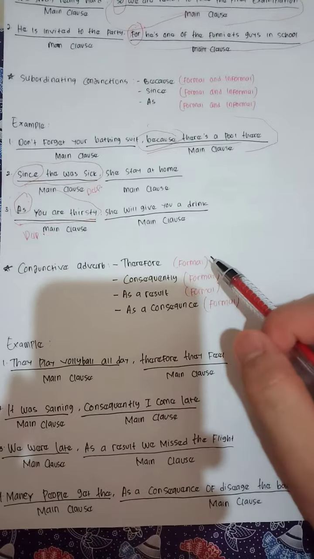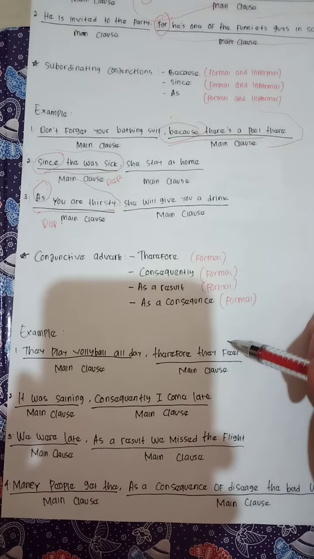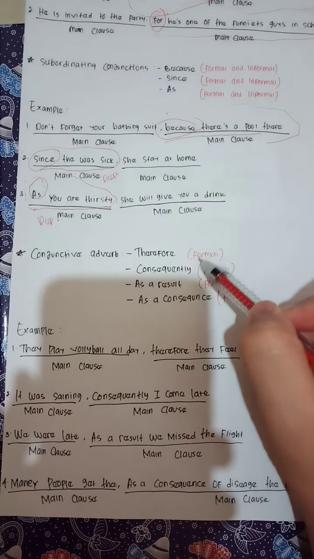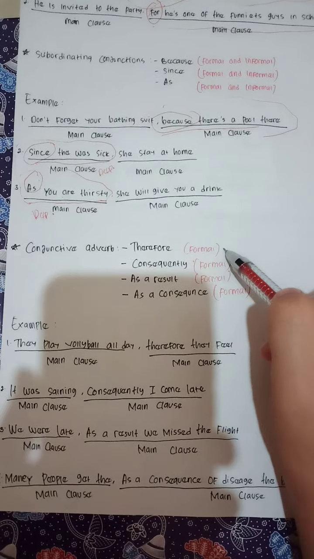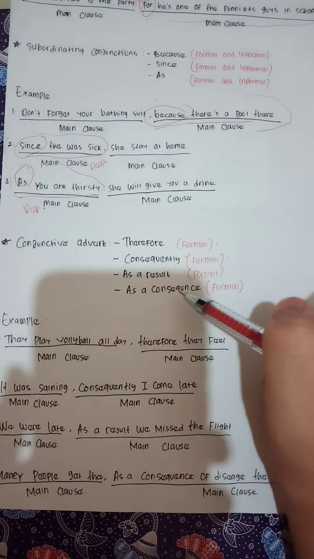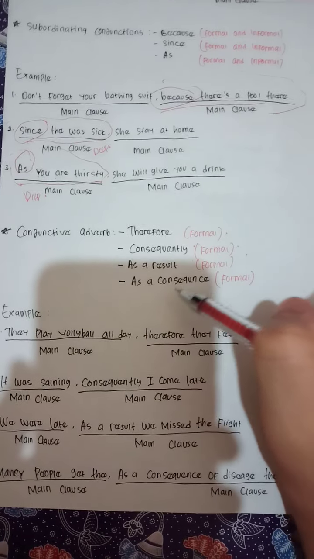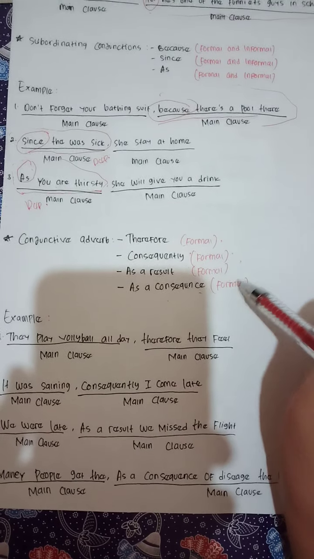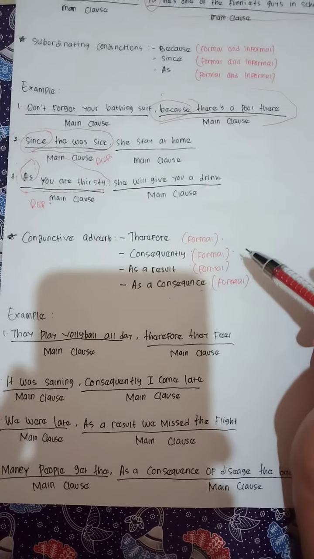Okay, the next, conjunctive adverbs. Therefore, this is formal. Consequently, this is formal. As a result, this is formal. As a consequence, this is formal. The first example,